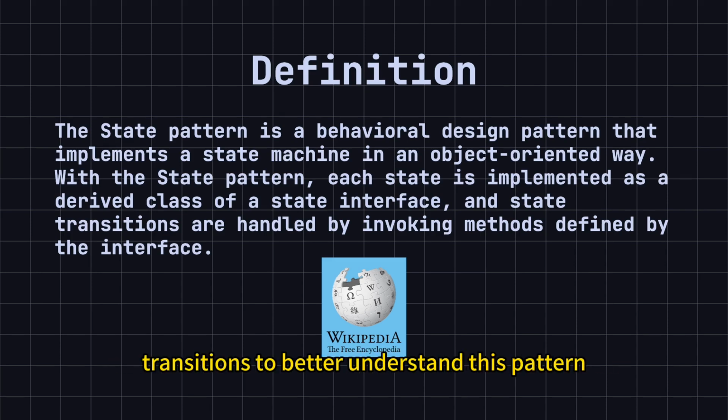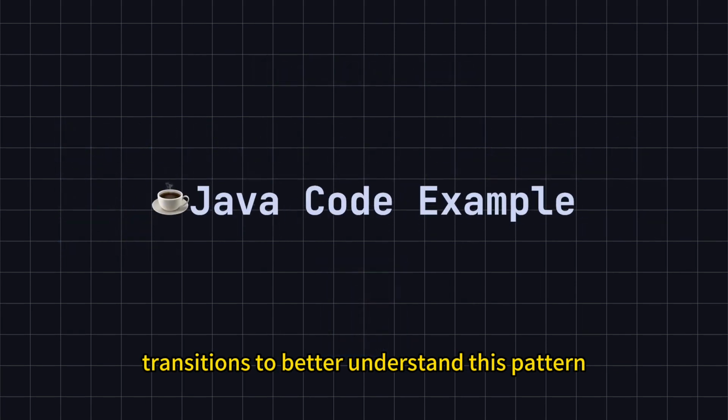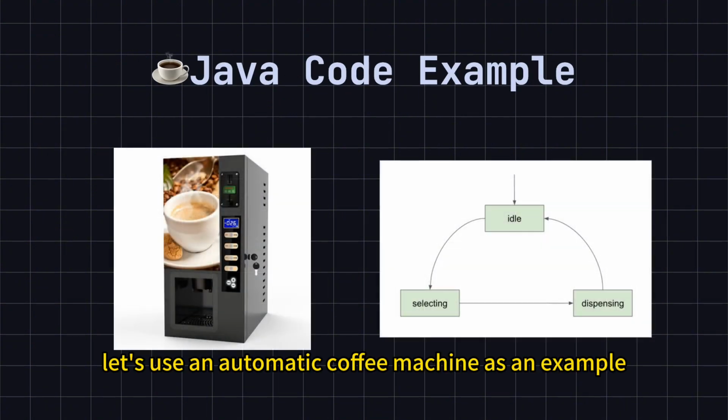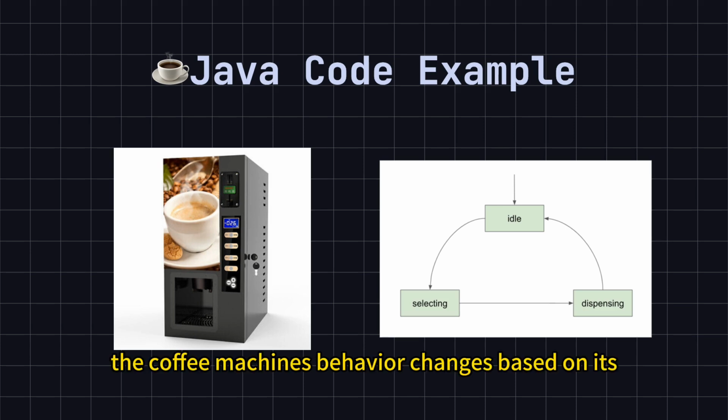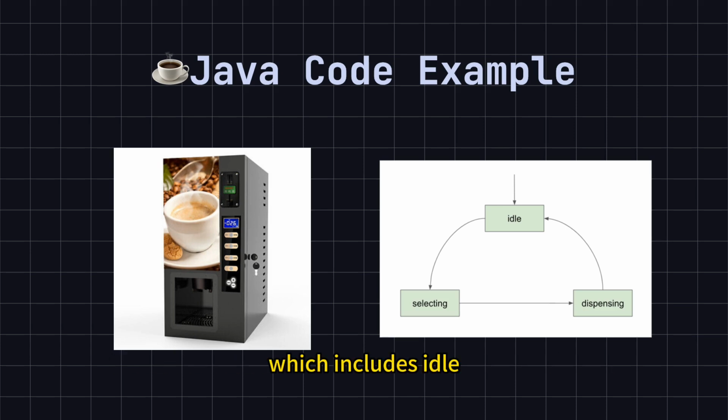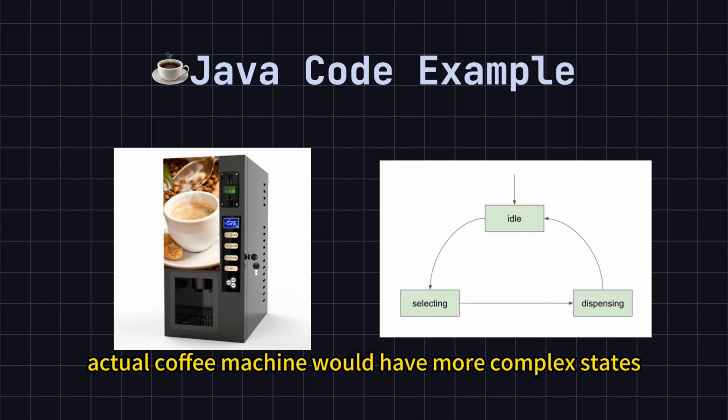state transitions. To better understand this pattern, let's use an automatic coffee machine as an example and implement the state pattern in Java. In this example, the coffee machine's behavior changes based on its current state, which includes idle, selecting coffee, and dispensing coffee. Note that this is a simplified example, and an actual coffee machine would have more complex